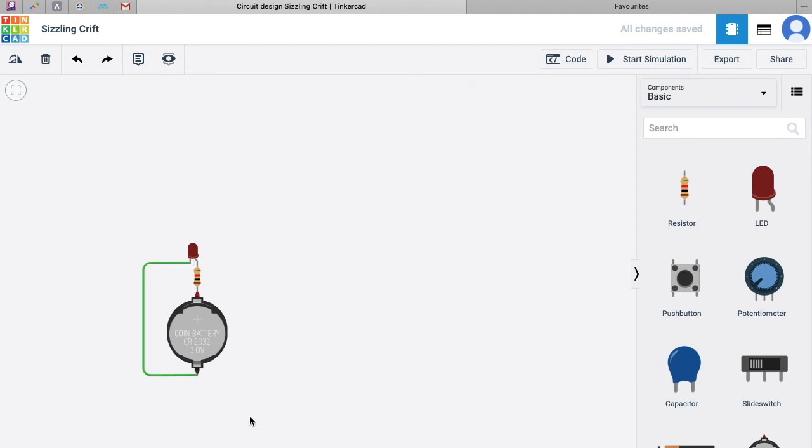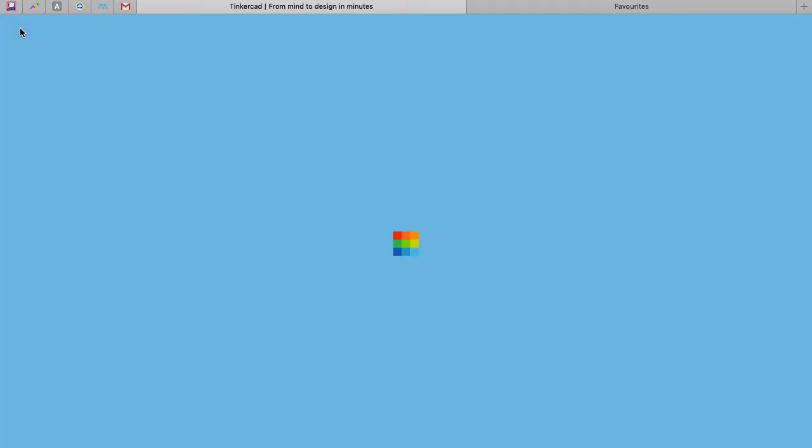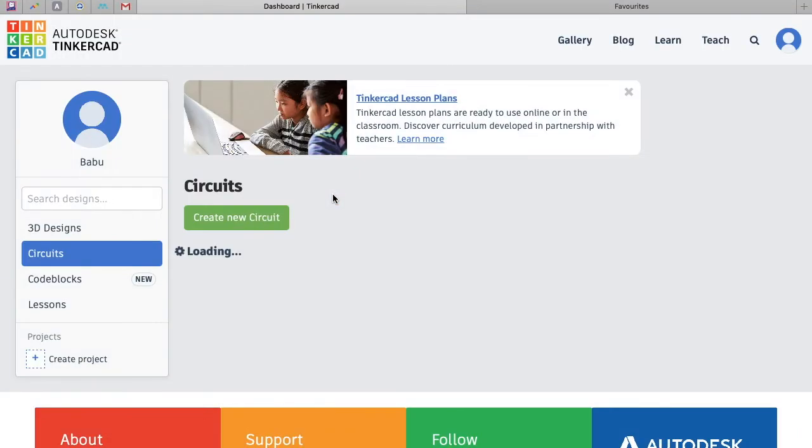Okay, that's all. I have made the connections, and so the student had done the experiment now. For verifying this, they will click the start simulation and they will observe the changes over here. Once the simulation starts, the LED glows. Okay, this is what the student will do on their side, and please ask the student to rename the circuit,